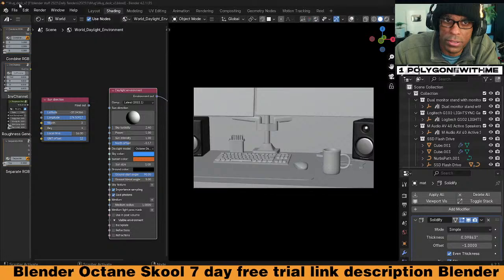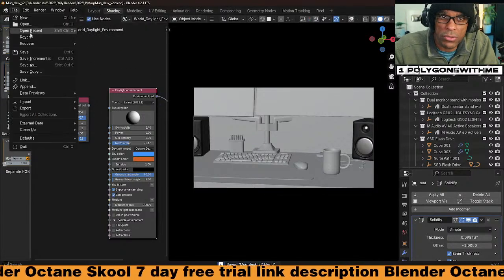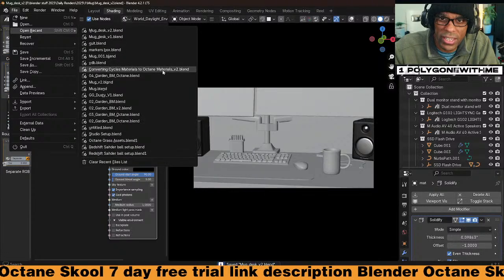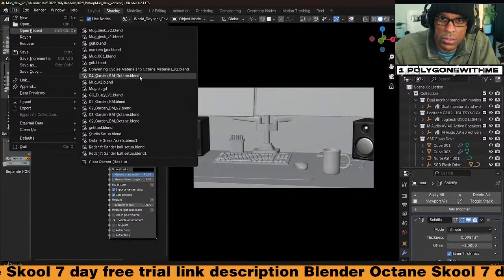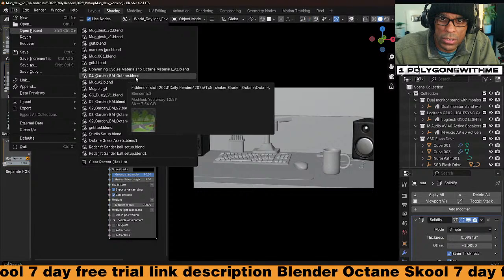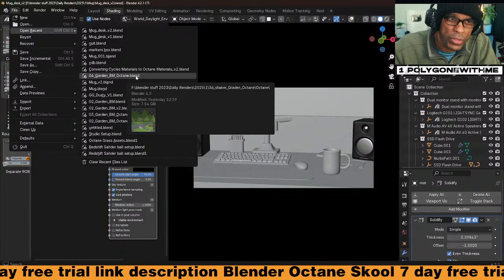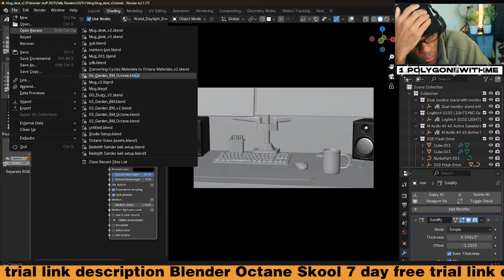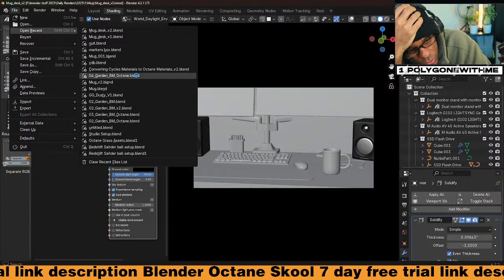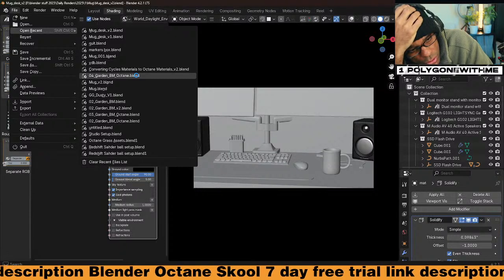Alright, let me open up this other file before I go to bed, because I want this thing to render overnight. The cycle scene that we've worked on for the last week. Converting Blender materials to Cycles. Garden scene. Yep. Look at it, 7 gigs, guys. This scene is 7 gigs.